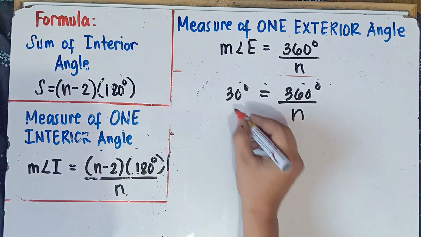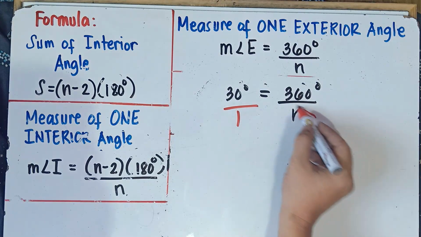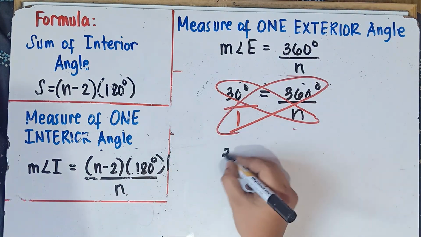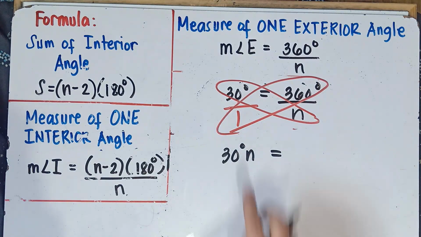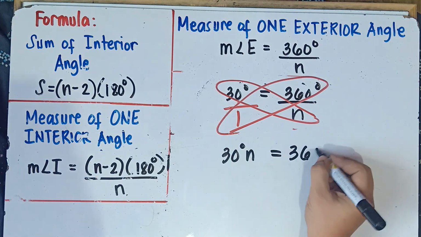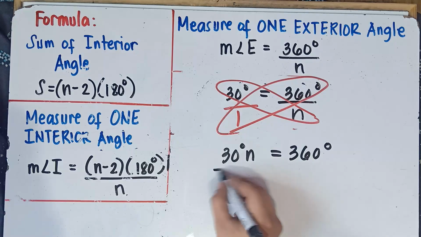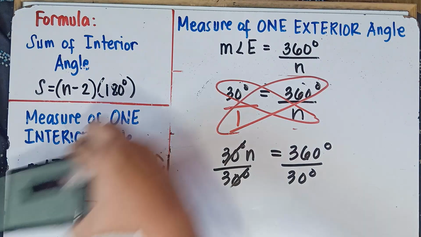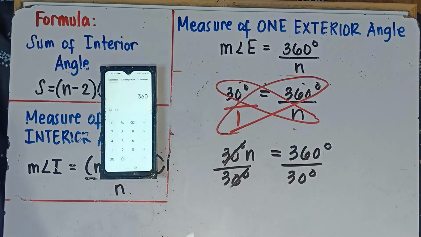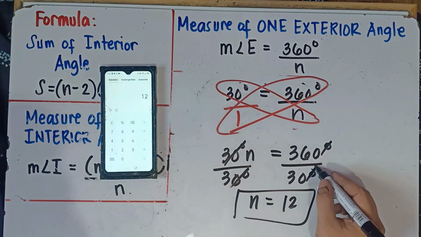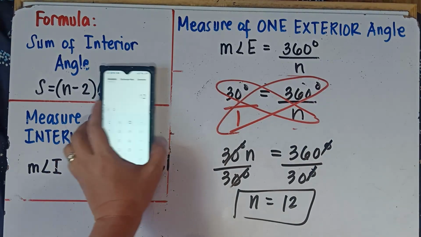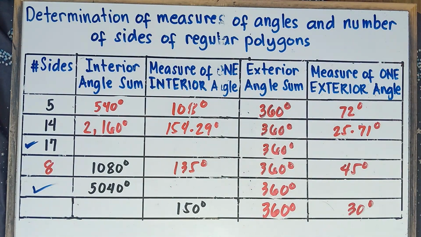So we can just simply do cross multiplication. Understood that there's one here. Cross multiply. So 30 degrees times n, that would be 30 degrees n equals 1 times 360 degrees, that would be 360 degrees. To get the value of n, divide both sides by 30 degrees. Cancel this out. So n is equal to 360 divide 30. n is equal to 12. Of course, cancel degrees because we're told to find the sides. That's it, class. That's the answer with regards to the sides. So n is equal to 12.